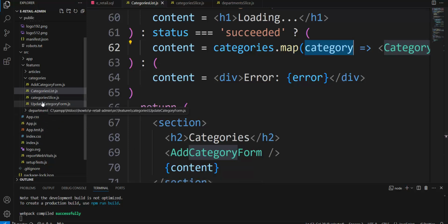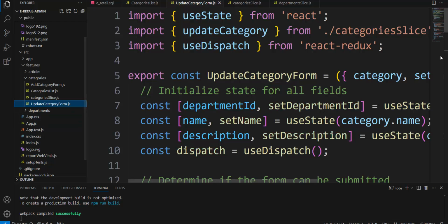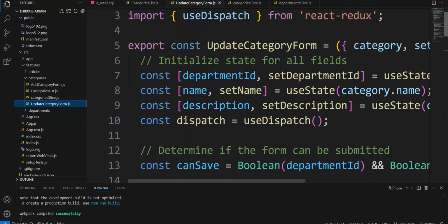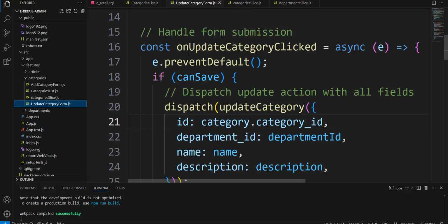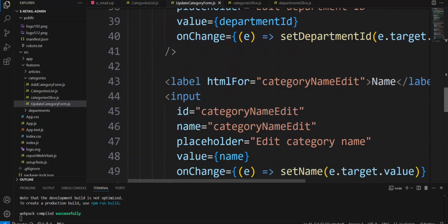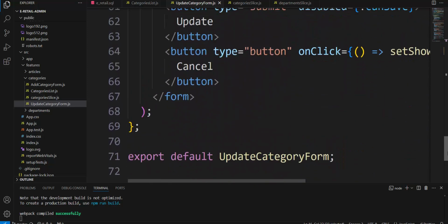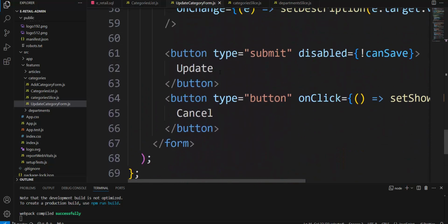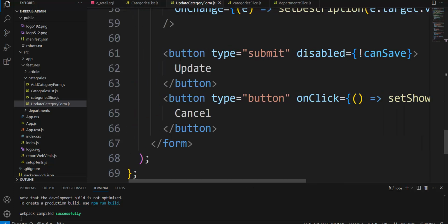Update category form. Here it is. Click update, and we activate this function. Let's see, here is the form. Button update, type submit. When we push update,